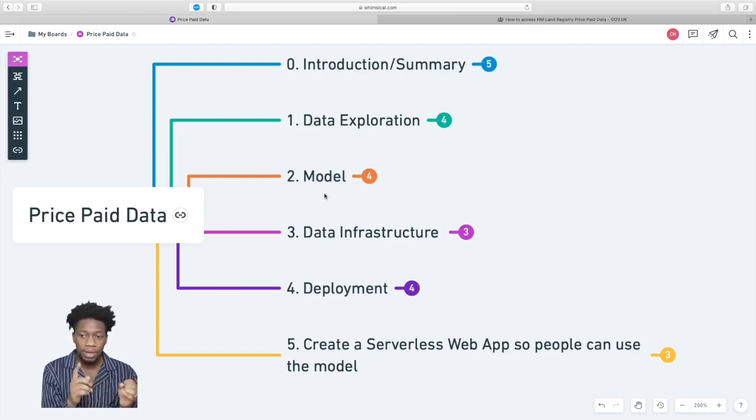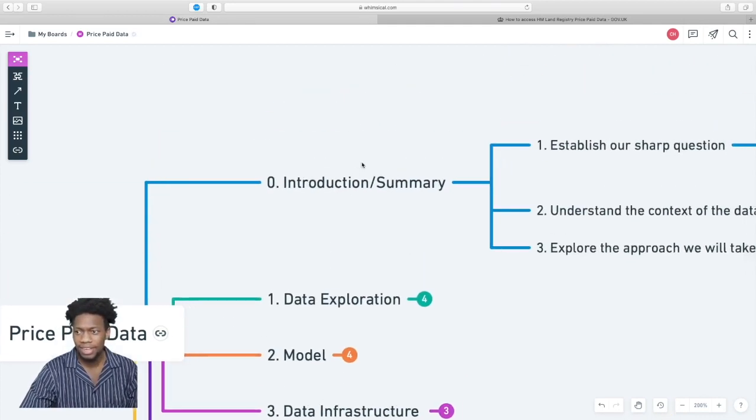Then we have number four, deployment, which is actually deploying the machine learning model. I'm going to try and do my best to actually deploy it, and you guys are actually going to see me do what I do. And number five is obviously we're going to try and actually create a web app. We'll see how that goes later on. But just to break down these things